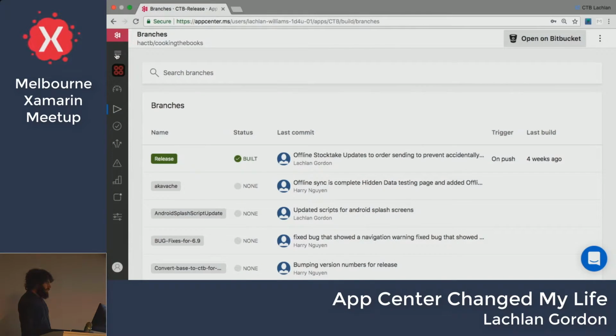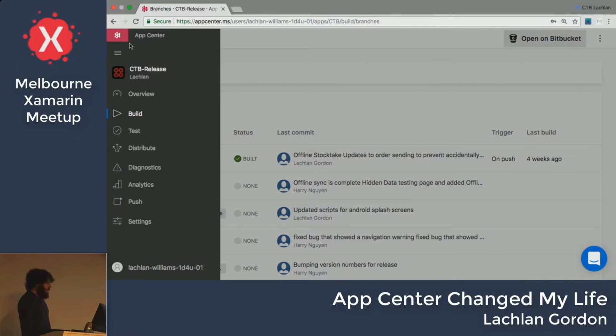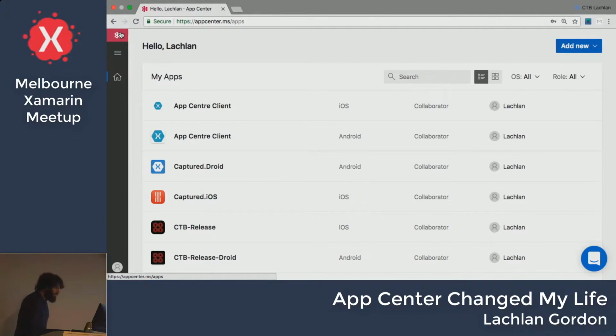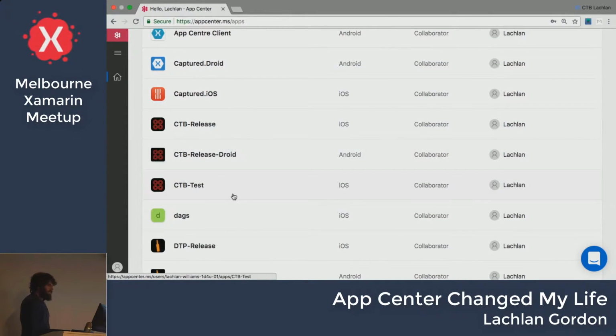Back to my apps. That one. So I've got 3 Cooking the Books apps set up in here. And I haven't ended up really using this one. The idea was when I do that final push that goes to the App Center, the App Store,